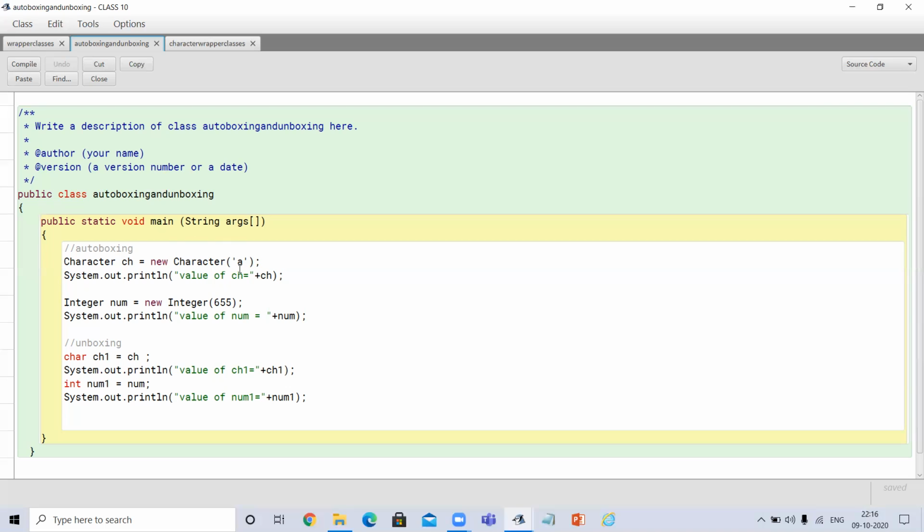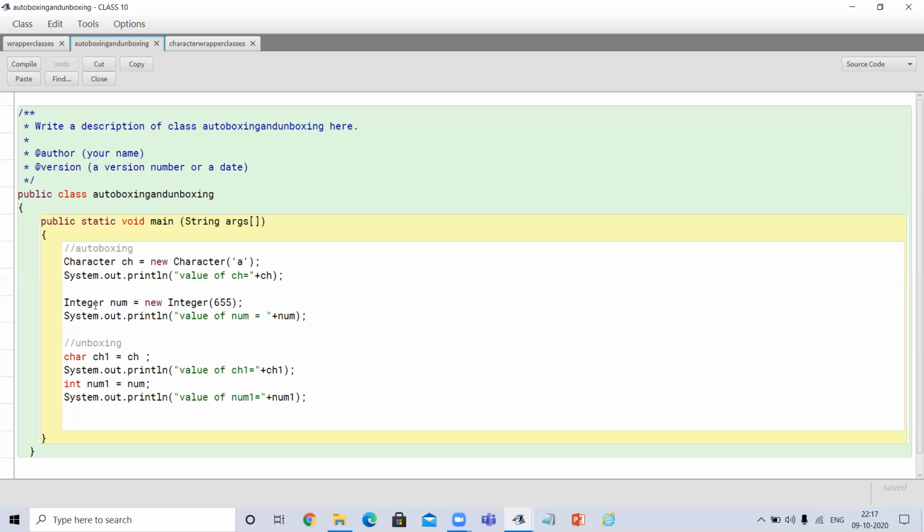I want to convert this 'a' into its wrapper class Character. Actually this 'a' is of primitive data type char. So when we print the value of ch, it will print 'a', but actually it is converted into its wrapper class object form.